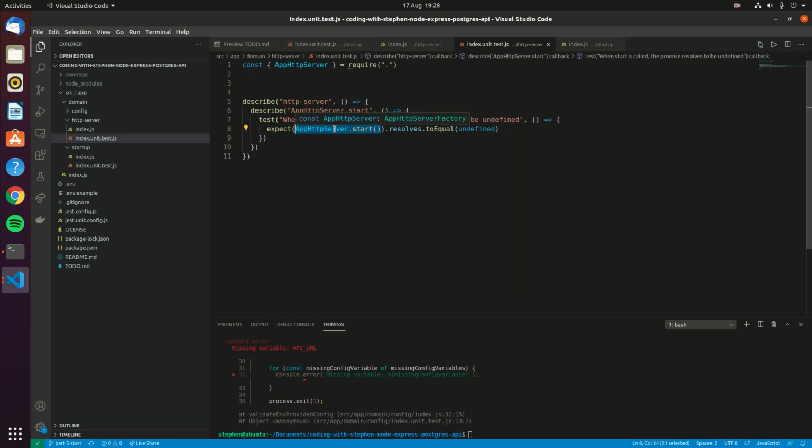So with Jest, what you can do is use the resolves syntax, which says once this promise has resolved, we're expecting it to equal undefined. So if for some reason the promise doesn't resolve or it rejects for any reason, then this test would fail. But what we're actually looking out for is for it just to